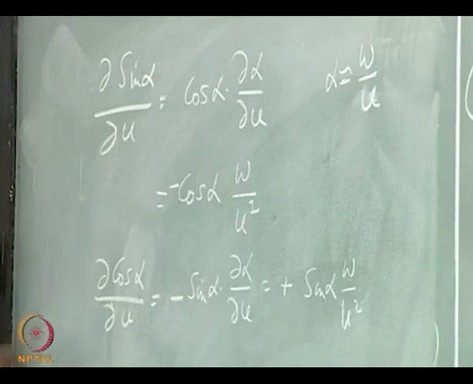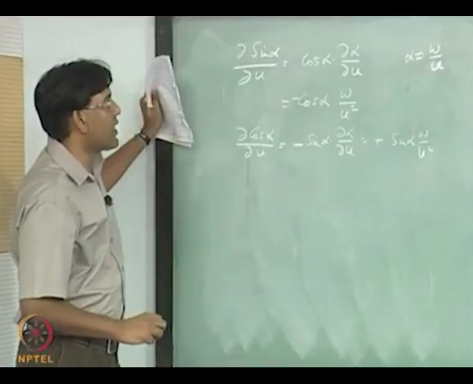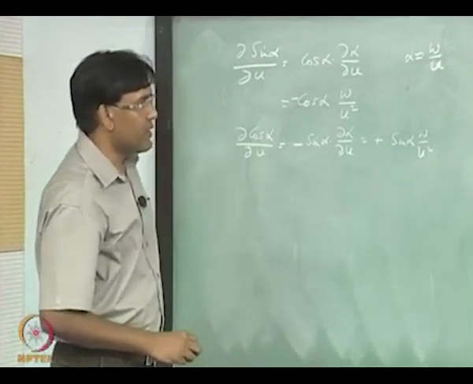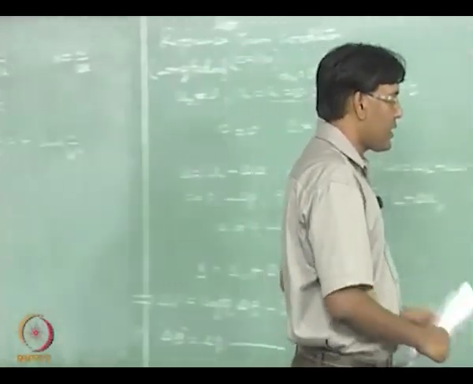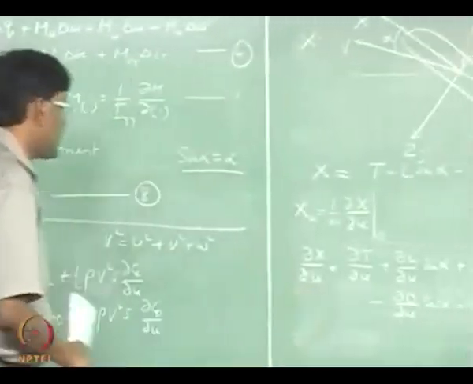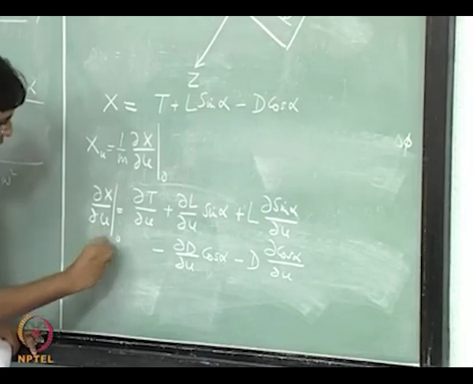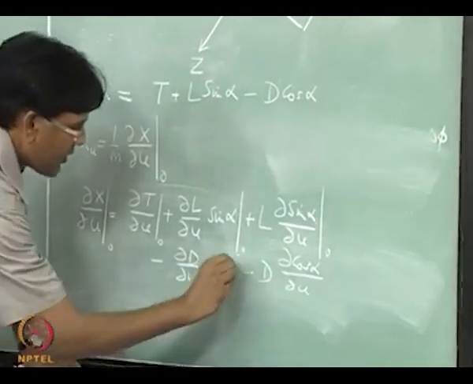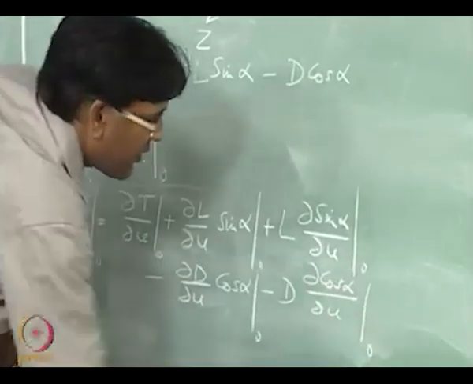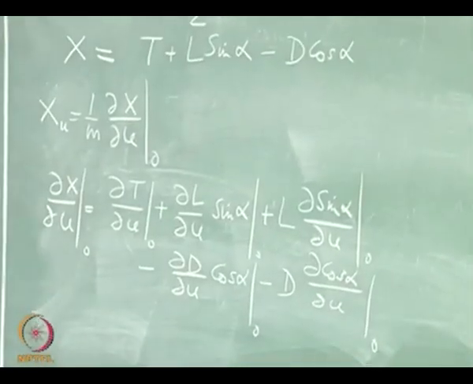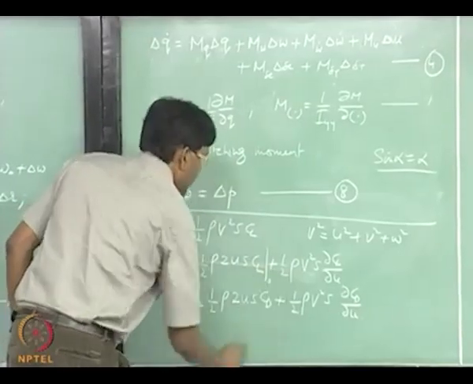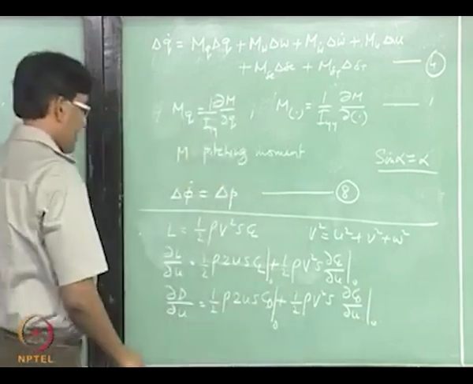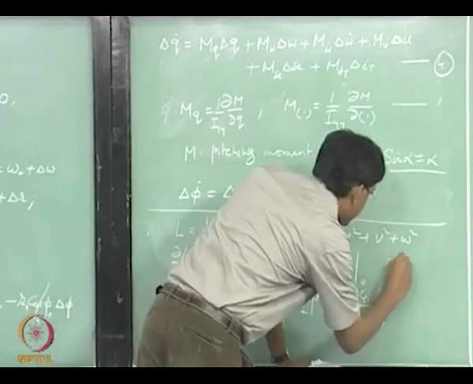Okay, so now I am going to look at my reference flying condition and try to simplify this. This subscript is referring to the